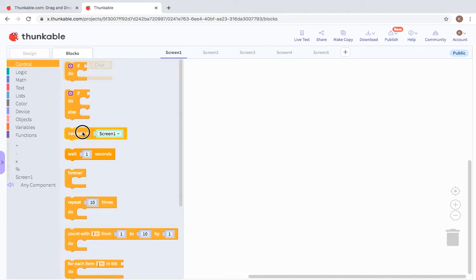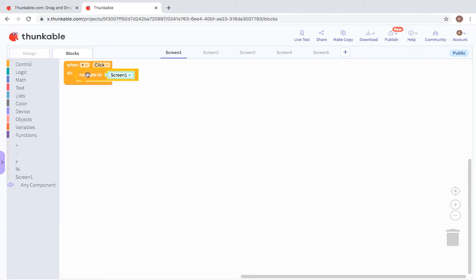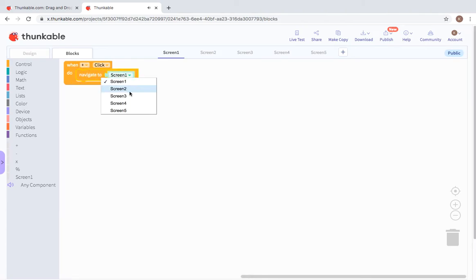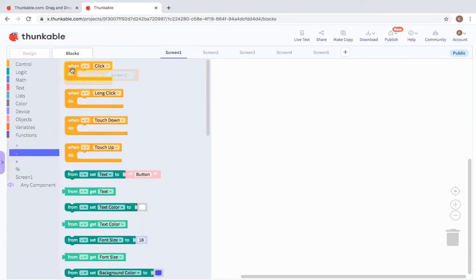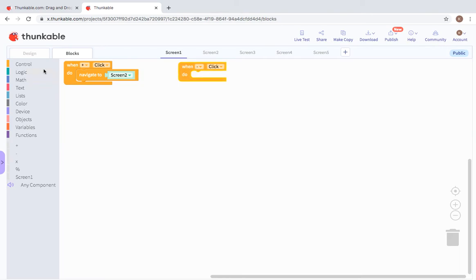Now what it has to do is navigate to screen 2. So I'll do like this. Now I'll do for the others as well the same. When minus click, navigate to screen 3,